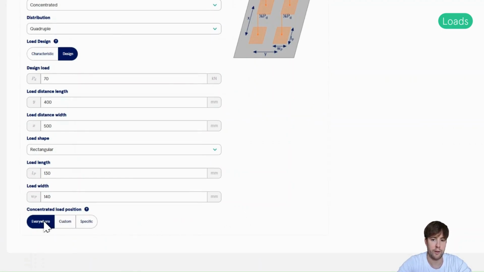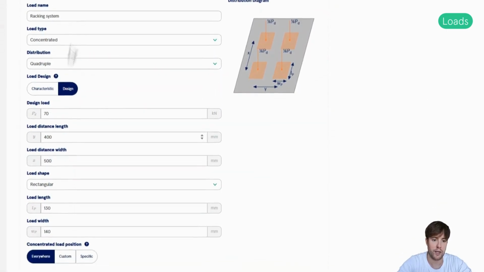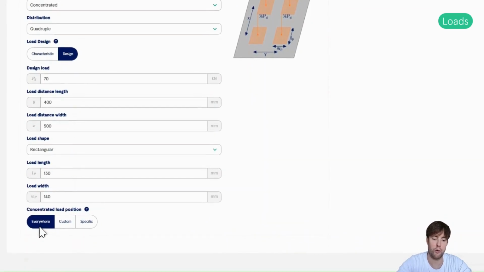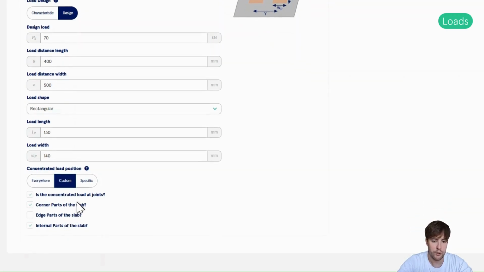Then this point load type here, this racking system load, will be applied both at the corners and at the edges and internal part, as well as the joints. But if you choose custom, you can choose specifically where you want the point load to be applied.